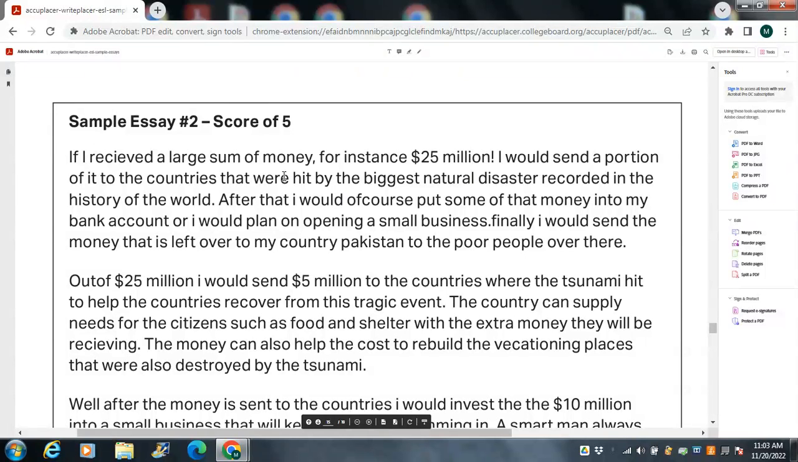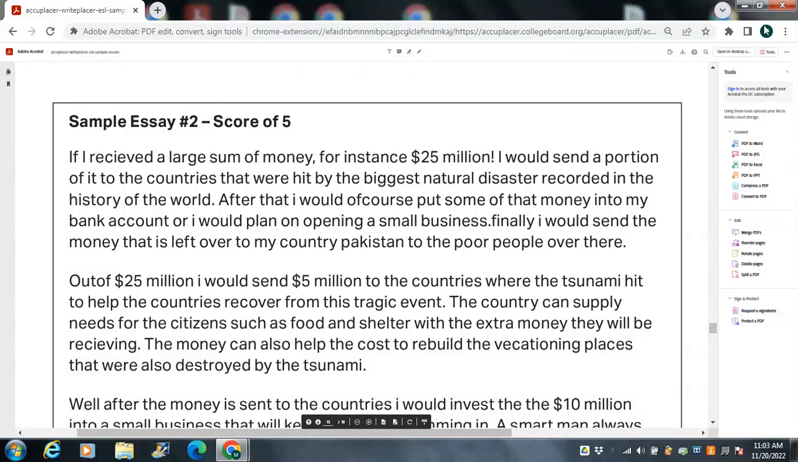We would not need "were," but as they have it set up, "that were hit," in this case, it would be a complex sentence. The next sentence after that, "I would, of course, put some of that money into my bank account, or I would plan on opening a small business." So in this case, the way they have this one set up, I don't think they meant "after" and "that"